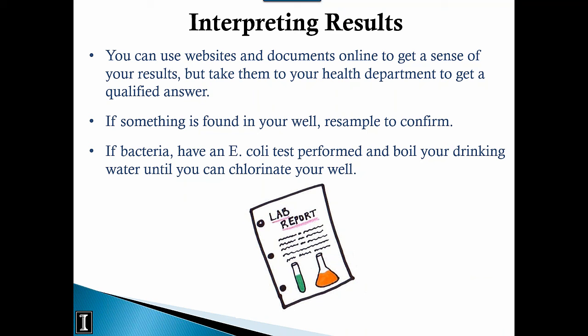And so if a high arsenic result happened in one of those areas where there shouldn't be, we would want them to resample just to confirm, because maybe bottles got mixed up, or there's a million reasons. It just wouldn't be typical to have that happen, at least for that constituent. So,